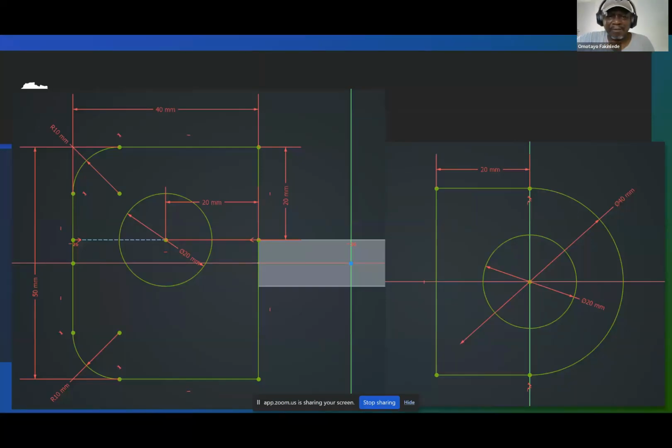This is the first sketches we're going to be looking at. The one on the right is what we will start with. And you will see in the ones on the right, we only show